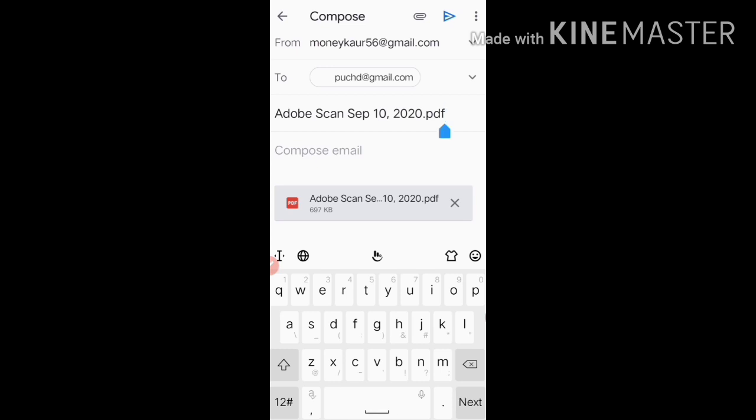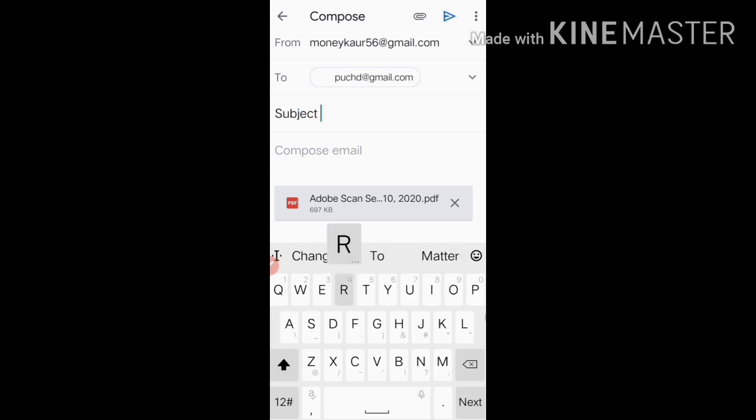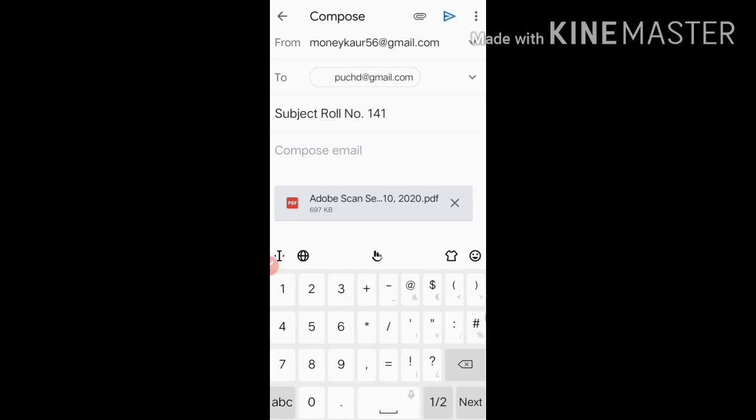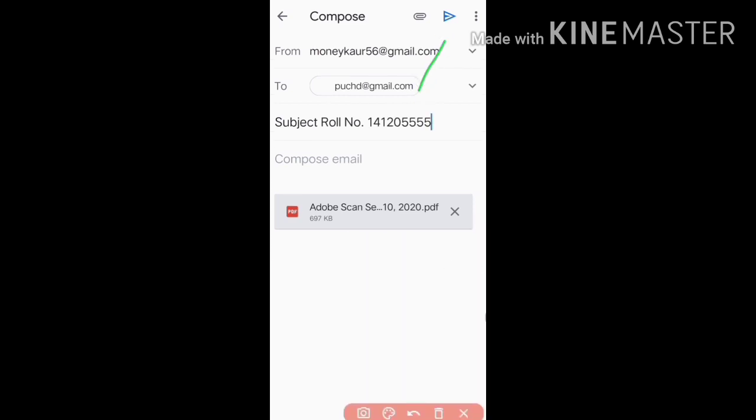Here, you can add your roll number as the subject, 141 2 0, something like that. And from here you can send your email to Punjab University, Chandigarh, and this is your document.